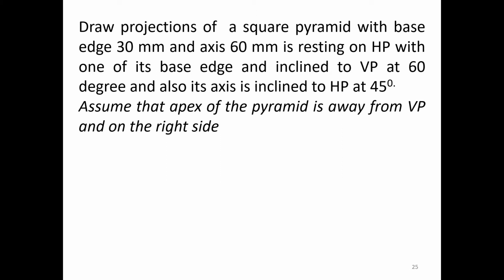In this case, the given solid is a square pyramid. It is resting on the horizontal plane with the square base. So the true shape of the base is a square of 30 mm. The lateral faces are triangles. In the first case, the solid is simply resting on the horizontal plane with its square base. In that condition, we are maintaining one base edge on the right side. During this condition, two base edges are parallel with the VP and two base edges are perpendicular with the VP.